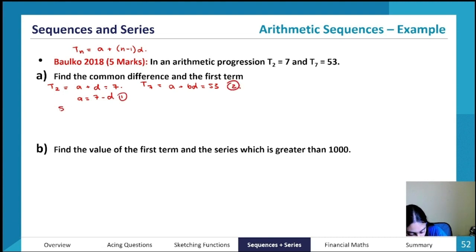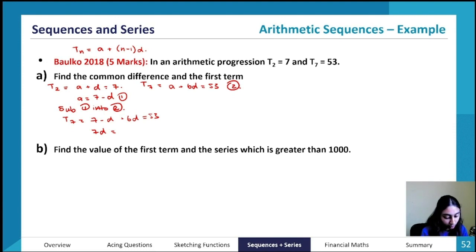So now I'm going to sub 1 into 2. So T7 is equal to 7 minus D plus 6D is equal to 53. 5D is equal to,